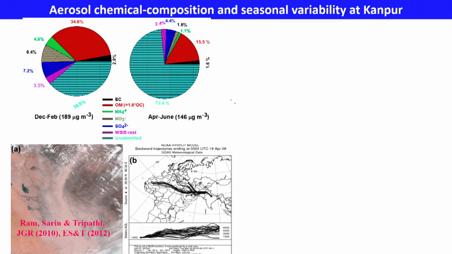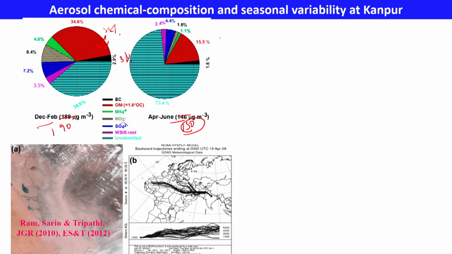Yeah, so I was talking about this one. You see this picture. This is actually the composition. In the summer you have around 190 microgram per cubic meter, and during the winter season, December to February you can say, the concentration is not much varying, which is actually like 150 compared to 190. But what you see here is mostly dominated by the carbonaceous aerosols, about 35% here, and then 3% is actually like